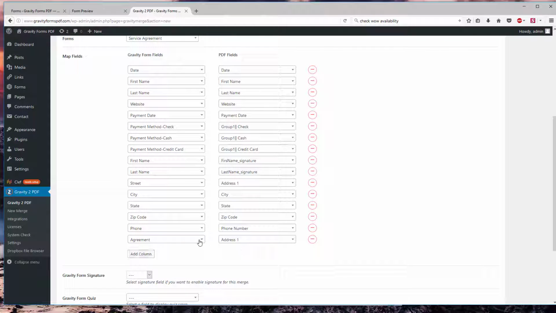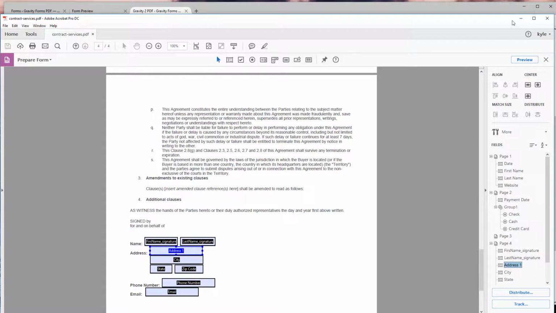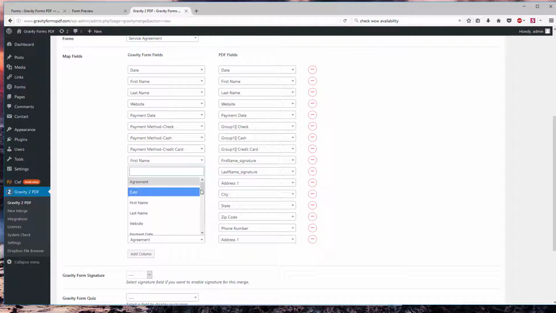I think we need email address, and lastly we want our signature field. I think. Let's check this. We got phone number, email address, and our signature field. Okay, so